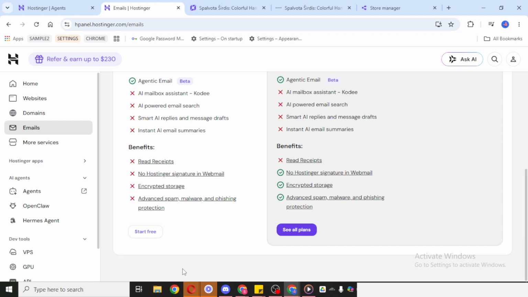It's also helpful to refresh the page and confirm that the updated domain is now displayed correctly in the Emails section. And that's it. That's how you change your email address domain in Hostinger. The key things to remember are to log into your account, open the Emails area, locate your current email, and update it carefully. If you found this helpful, you can follow the same process anytime you need to review or adjust your email setup inside Hostinger.